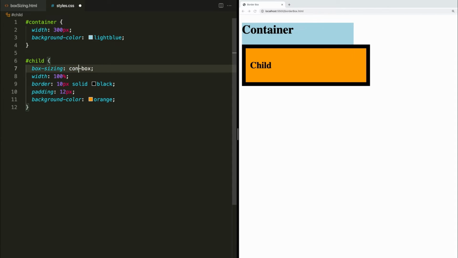However, we can change this to border-box, which simply says that the width and height now contain the padding as well as the border. So this value of width 100% is now the equivalent of what we did before. It is just automatically subtracting the width of the border and the width of the padding for us. So width 100% is no longer 300 pixels, it is now the equivalent of 300 pixels minus 20 pixels minus